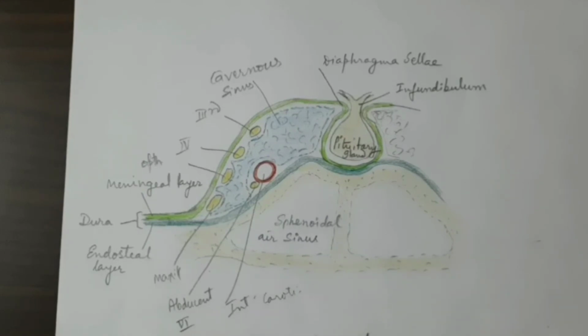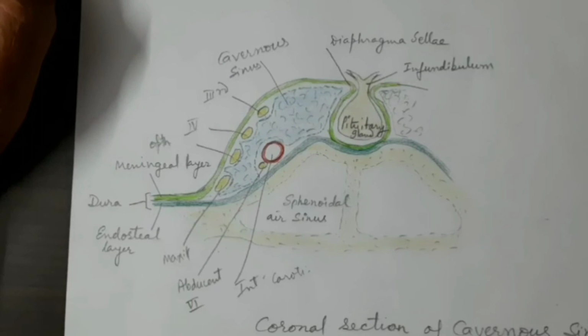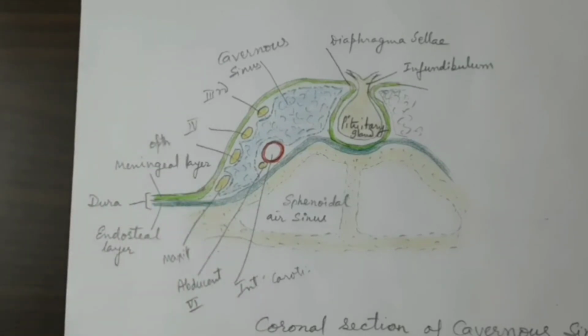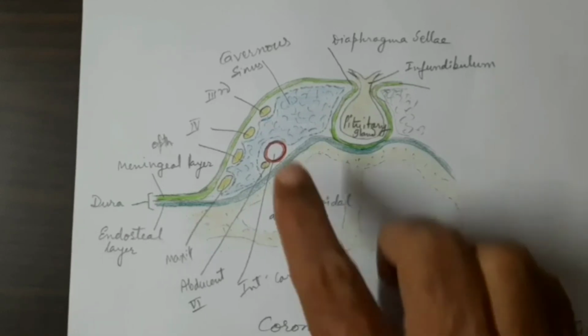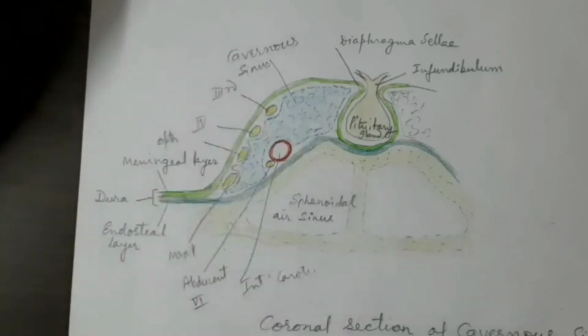That means blood will accumulate in those areas, and then the symptoms will be due to the blockage of the sinus. There will be pain in the eye, swelling in the eyelid, and protrusion of the eyeball, called exophthalmos. Then the second applied importance is in relation to the symptoms due to pressure on nerves, which may lead to pressure on the nerves in the lateral wall, and the abducent nerve which is near the medial wall.